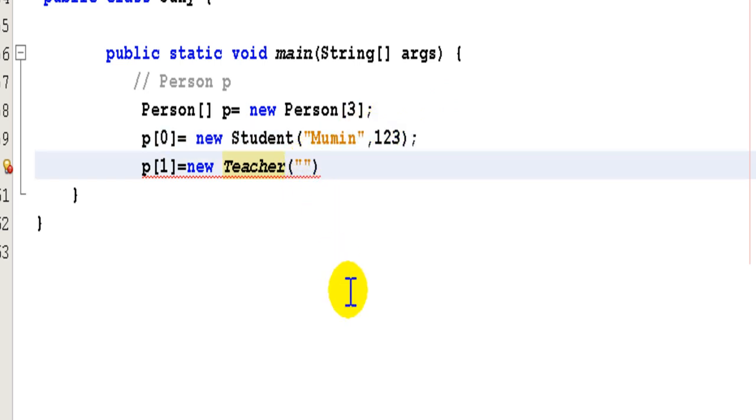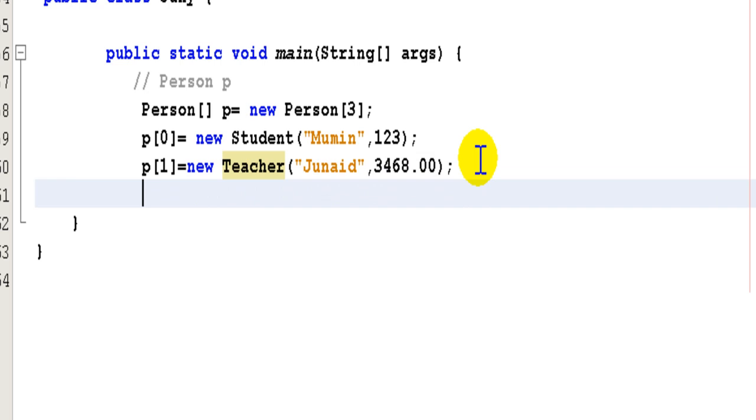Okay, my teacher class here is, say for example, teacher is Junaid. Fine. And there was something like a salary, maybe it is some 3 4 5 6 8.00, something like that. I'm setting it as a double, and that's it. And now P of 2,